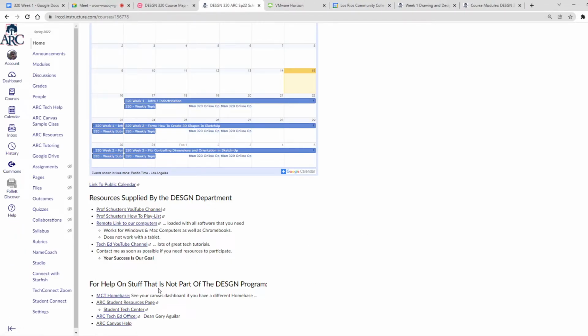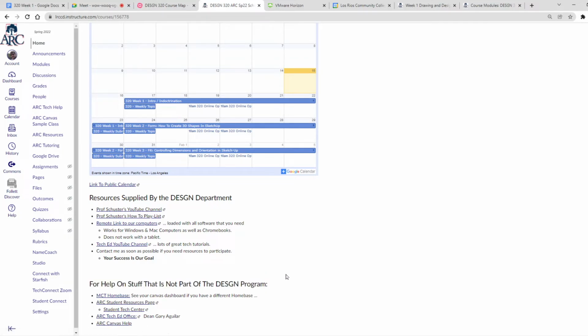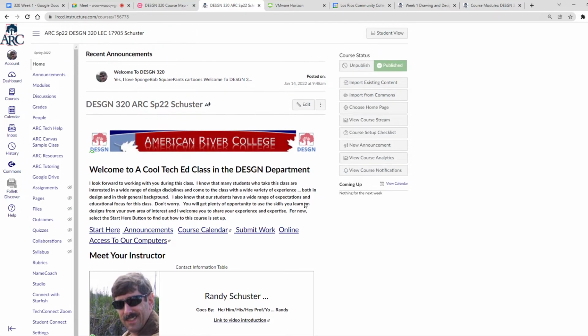And then there's stuff that's not part of design tech that might help out your home base. Design tech is in manufacturing, construction, and transportation, but you might be in something else. There's a resource page for ARC students. You can get to the Tech Ed office here and Canvas help here. So that's where you go to get important information.